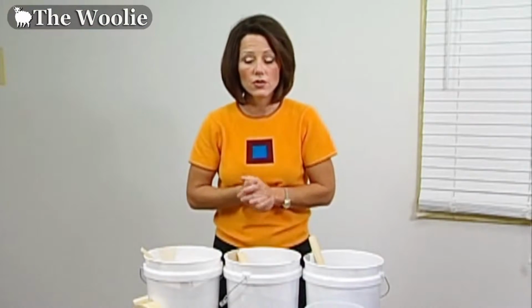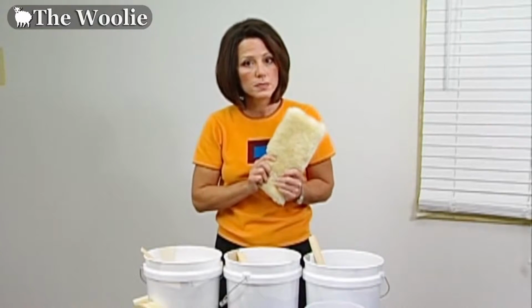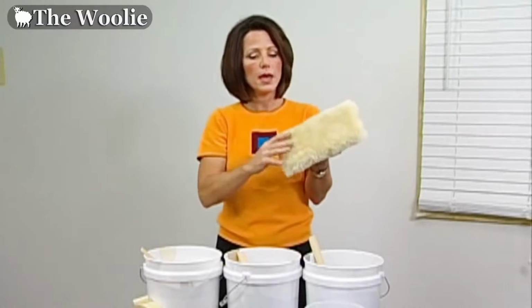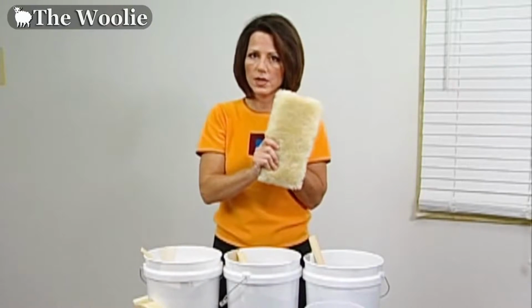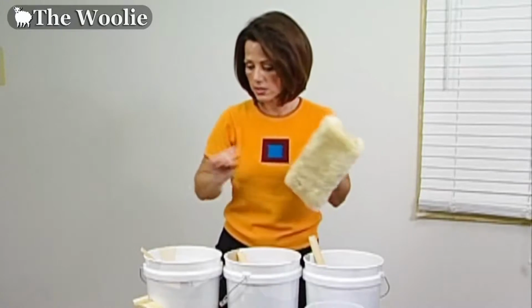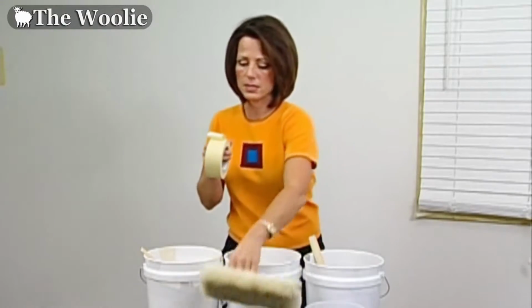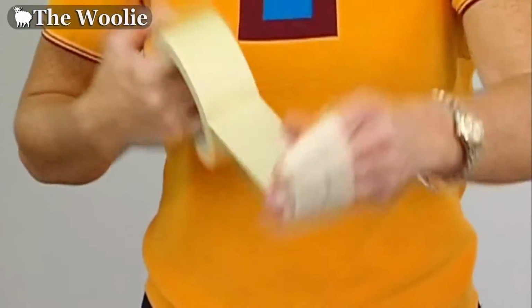Also, before you begin, you're going to want to prepare the Woolie tool. Now, the Woolie is made from natural sheepskin, and it's been cut into a pad before it's been applied to the handle. When natural sheepskin is cut, it actually begins to shed just a little bit. So when you have a brand new Woolie, you want to take the masking tape and wrap it around your hand,